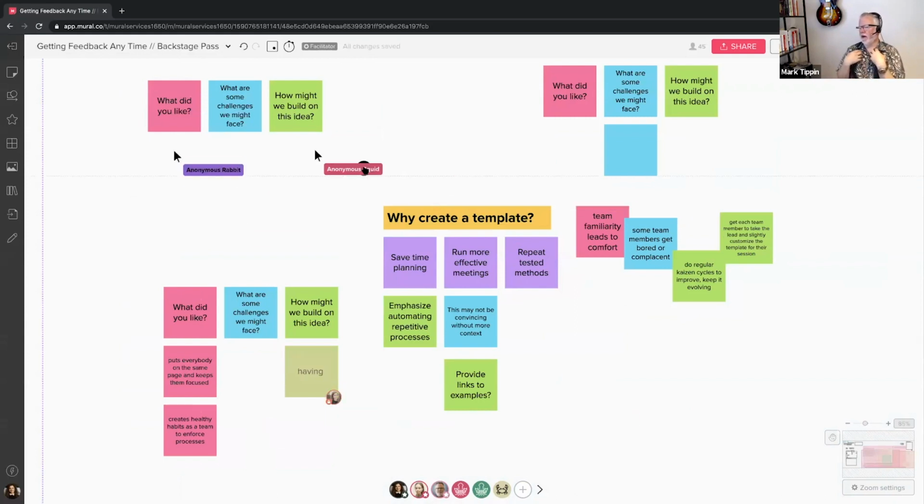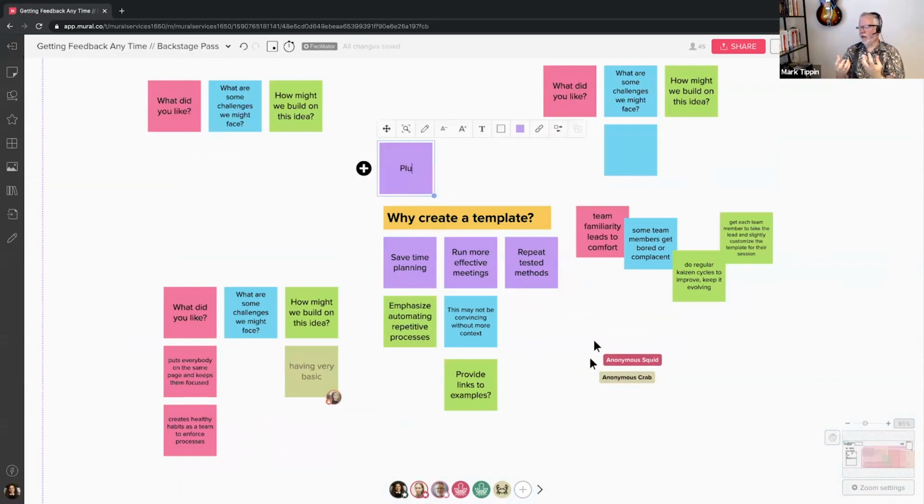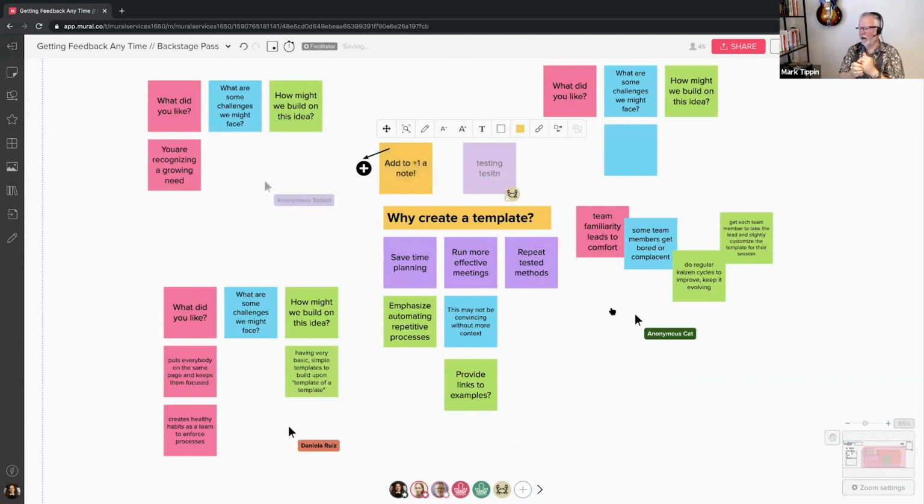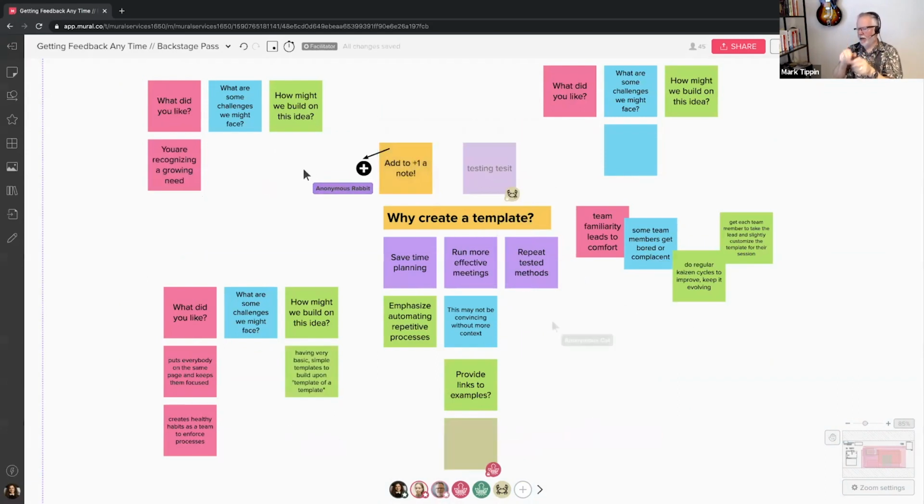And so what we're providing feedback on is each one of these elements. For now, why create a template is the rationale about what is the job to be done of a template. Do we think we've fully captured everything we need about the motivations behind it? And we have that discussion and look for gaps or things that might be missing. And then you would move to another area and facilitate it that way.